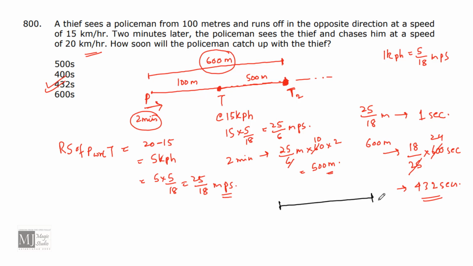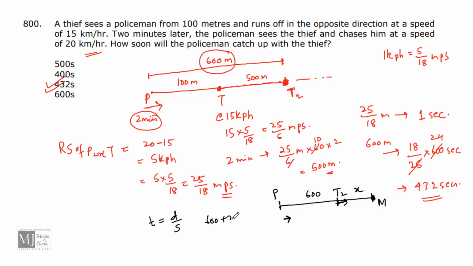With help of direct formulas of speed and time ratio also we can solve it. How? Suppose this is the meet point. This is position T2, this is position P. And this distance is 600 and this distance is X. If they both meet at meet point M, that means the time taken for T2 and time taken for P from P to M both is same. Now what is the formula to calculate time? Time is distance by speed.